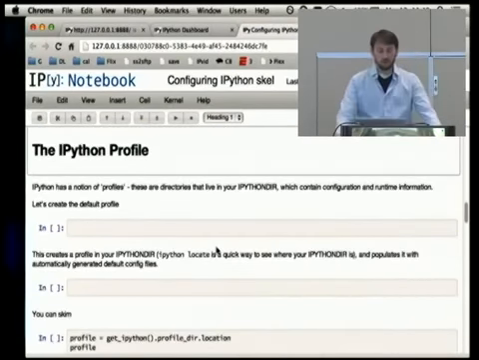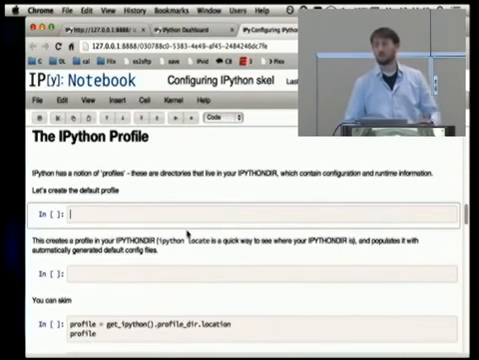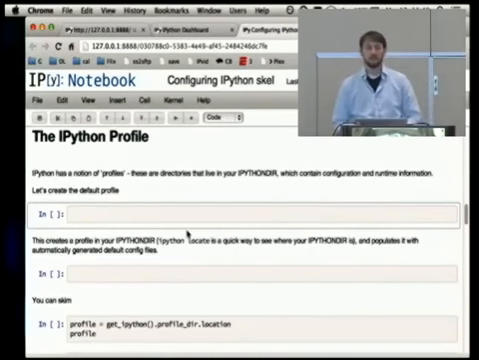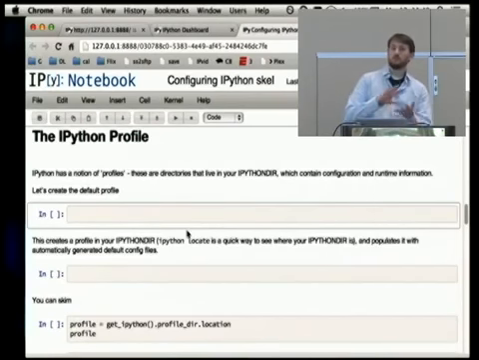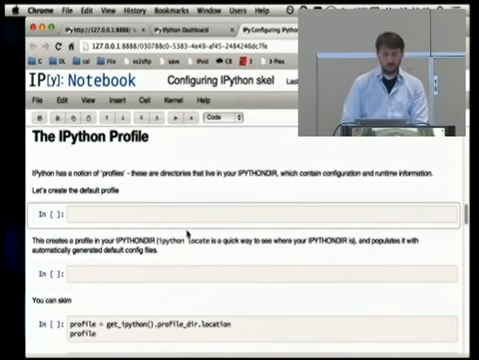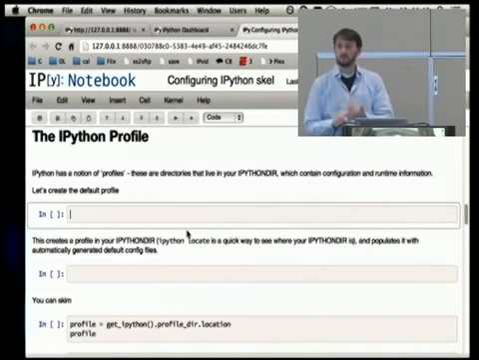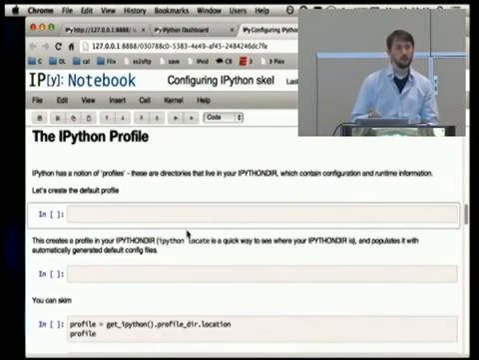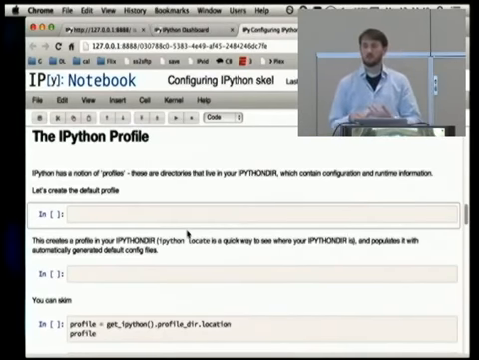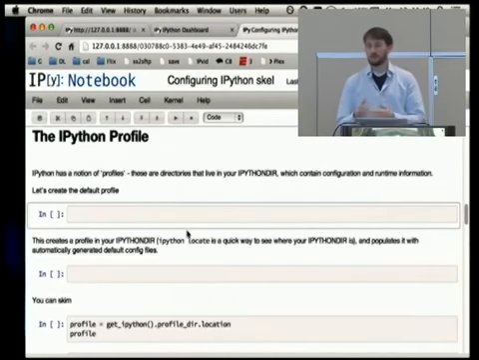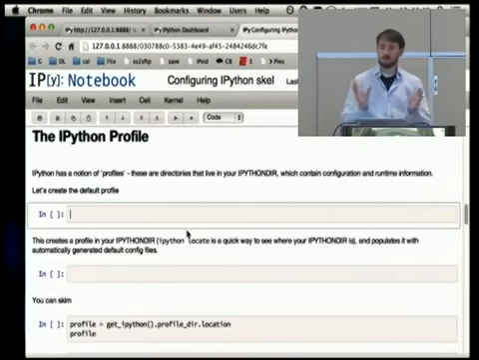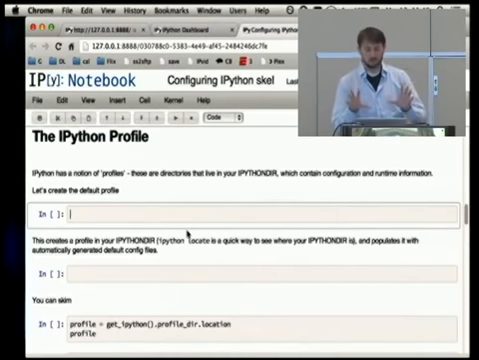So for configuring IPython, IPython has the notion of a profile. A profile in IPython is a couple of things. The first thing is that it's a folder, and in that folder are two things. One is configuration files for customizing the behavior of IPython, and the second is runtime files, like your history and connection files for kernels. They all live in the profile directory,